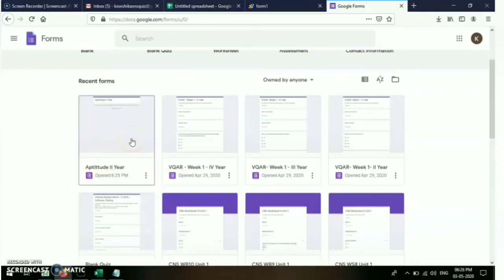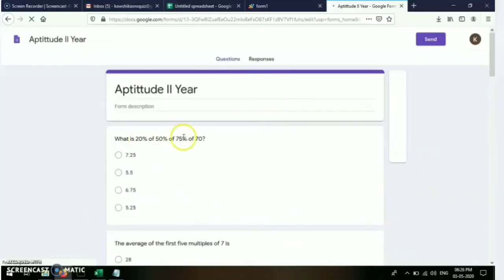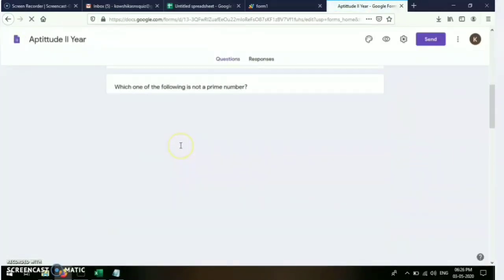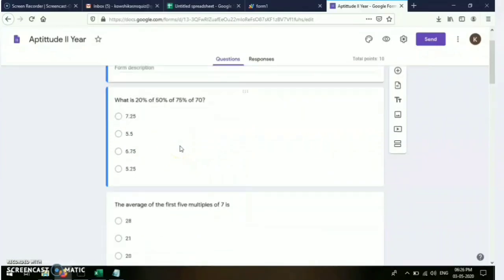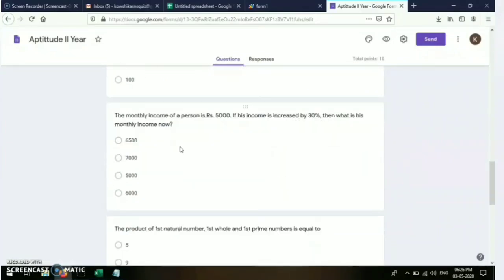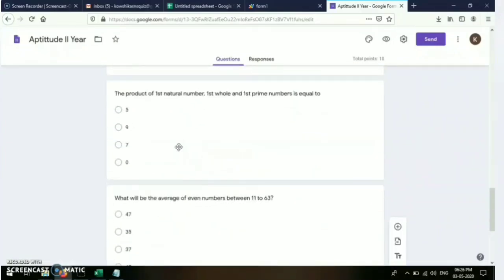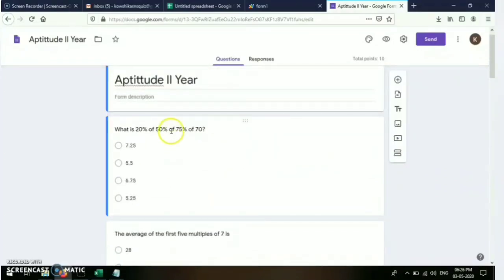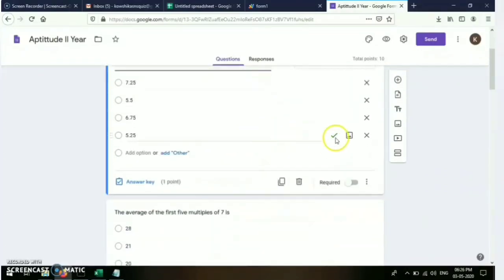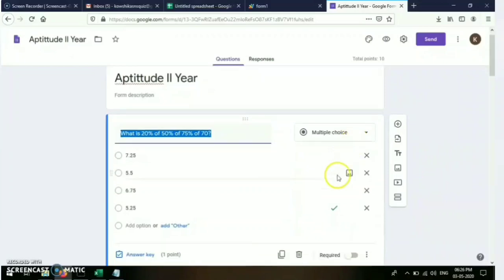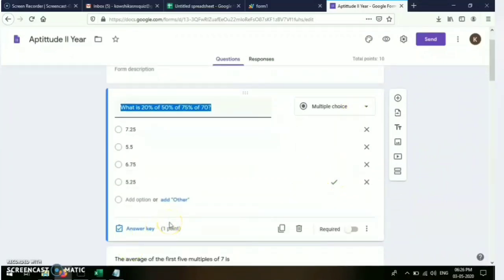I'm just opening it for you. The form is created. We have given 10 questions. See here, all the 10 questions appear here. Okay, done. If you want to find, the answer is also clicked here and the points are also set to 1 point.